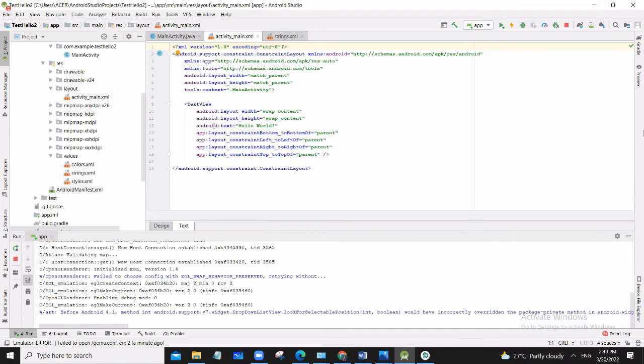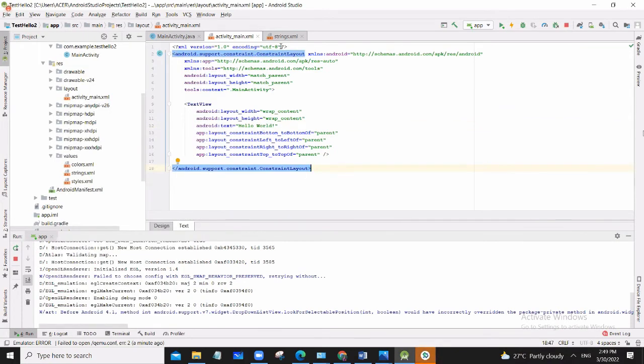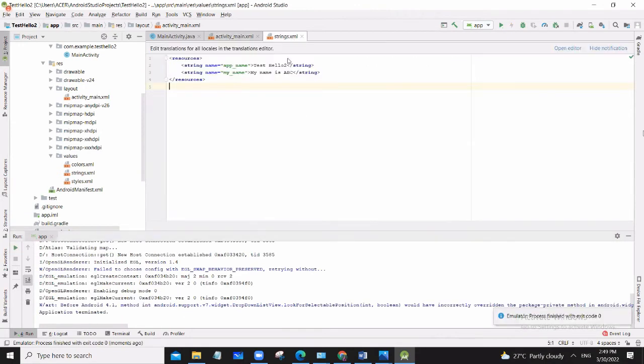In this case you can see it's already hello world, that's why hello world is represented as the output. So now I'm going to change this to this variable name, the app name. You can see app name defined at the top of the mobile application as test hello 2, so this my name is